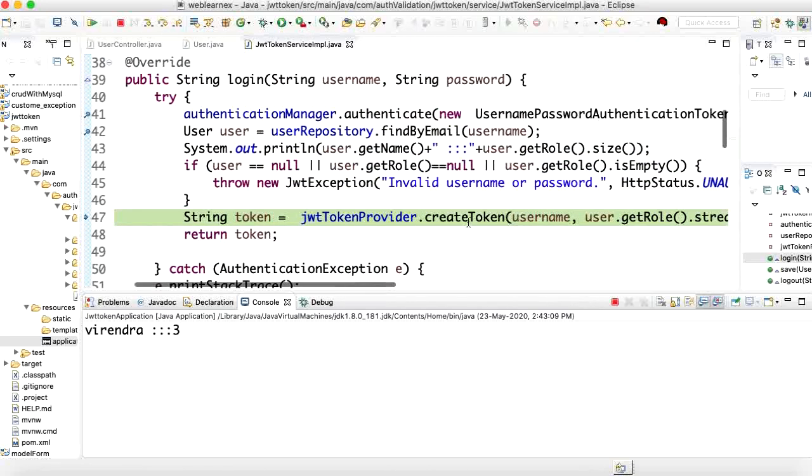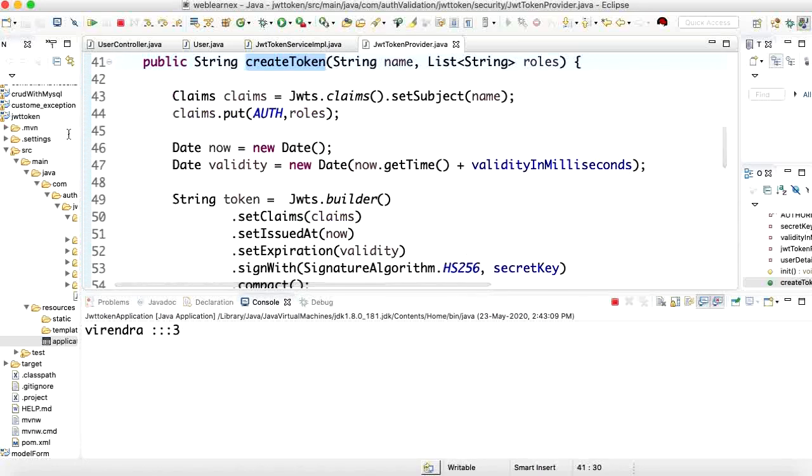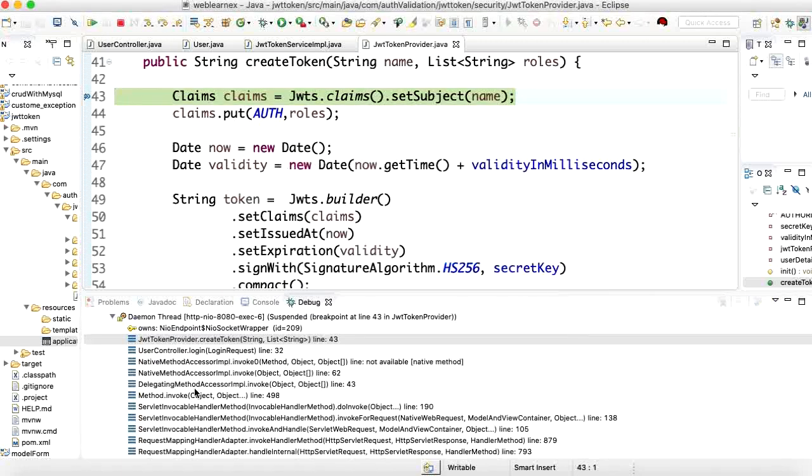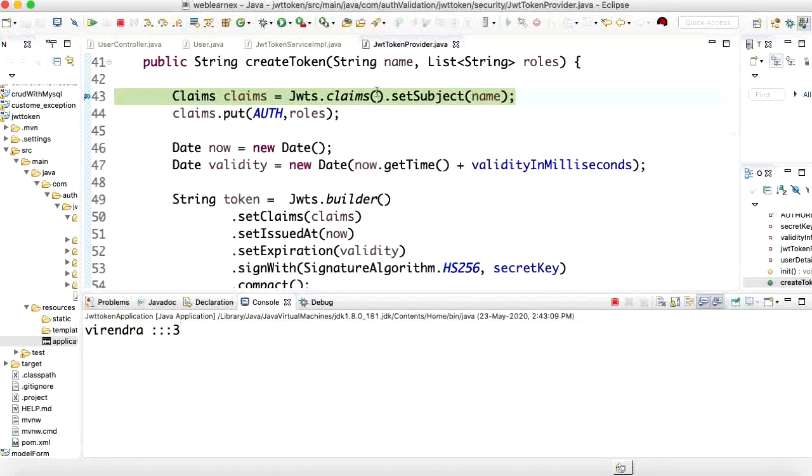So now it's going to create the JWT token. Let me show the mechanism to create the JWT token. As we have already discussed it, let me add one debug point here. I have passed the name and role.